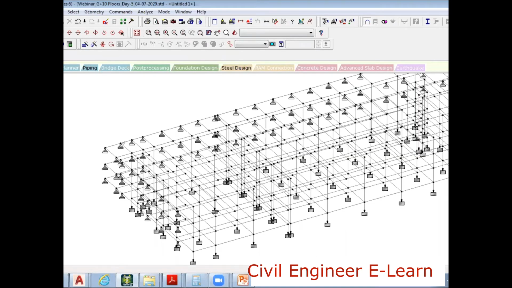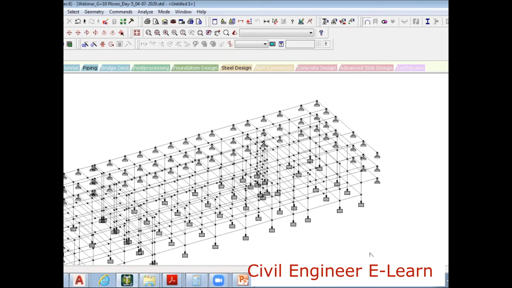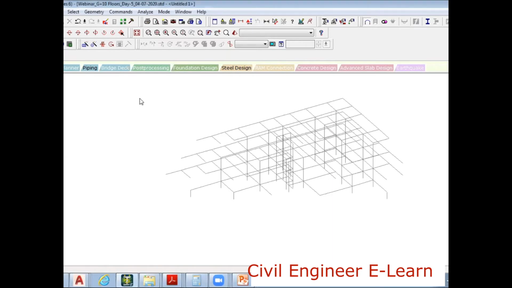Yes, these are all the supports which are connected with the retaining wall. Here, and then here, and then here, and then here also, right? So these are all the supporting points where these beams are connected with the retaining wall.